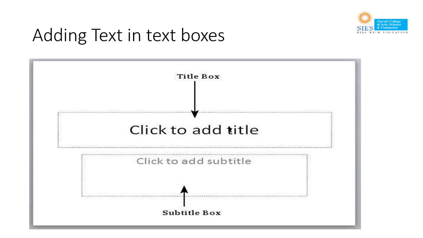What changes is the different kinds of content box that support text in a PowerPoint slide. So this is the title box. It is typically found on slides with the title layout, in all the slides that have a title box in them. This box is indicated by click to add title. Next is the subtitle box. This is found only in slides with the title layout. This is indicated by click to add subtitle. So automatically its font and size is lesser than the main title.